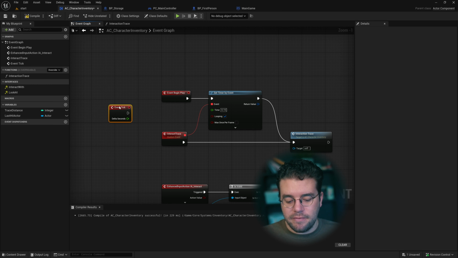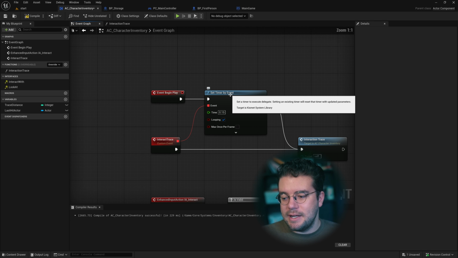for every single frame. Now you can imagine if we're getting ideal frame rates, like 120 frames per second, that's launching that line trace 120 times every second, which can be kind of costly, especially if we're getting a hit event on every one of those frames. It's checking and getting information from what we're hitting 120 times every second. That's crazy. So the advice that I got was, instead of event tick, we could use this handy node called